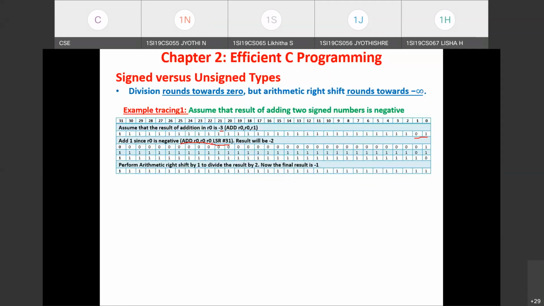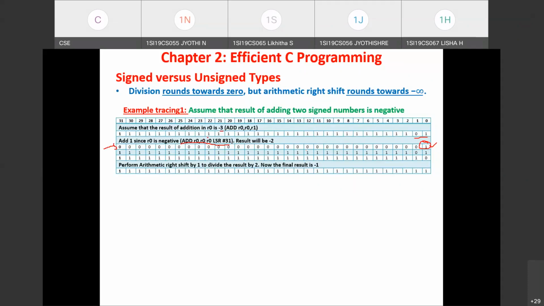The value in R0 is all ones, and in the least significant bits it is 0, 1. When you shift it right logically 31 times, just see what value you get. This is the value: all zeros, and the sign bit appears at the LSB. That's what you can see here, in the first row of this table. What you have to see in this first row is the result of performing the logical shift right. So with a logical shift right 31 times, the R0 content gives you the value 1.